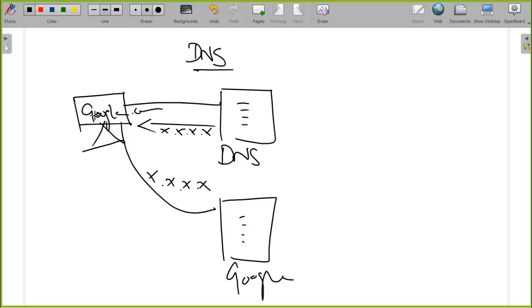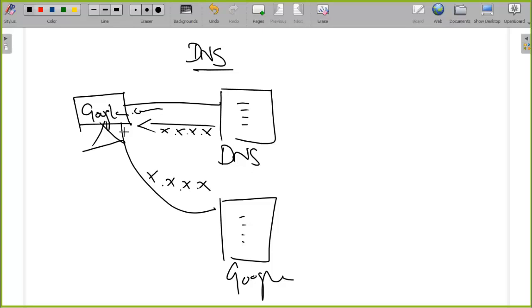So whatever you're typing, if you're typing google.com or facebook.com, the request does not go directly to that particular website. First, it will go to the DNS server, and the DNS server is the one that is responsible for translating the domain name. So this is called the domain name. The DNS server translates it into the IP address, and now your PC will send the request to the IP address that has been already processed by the DNS. So that is how the internet works.